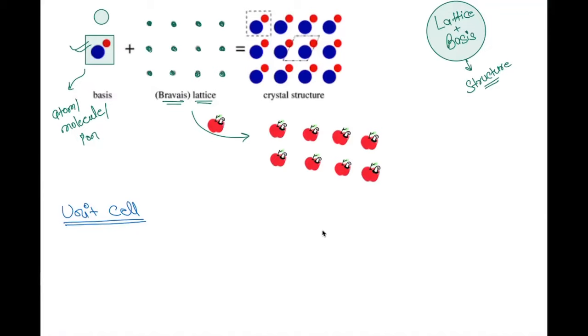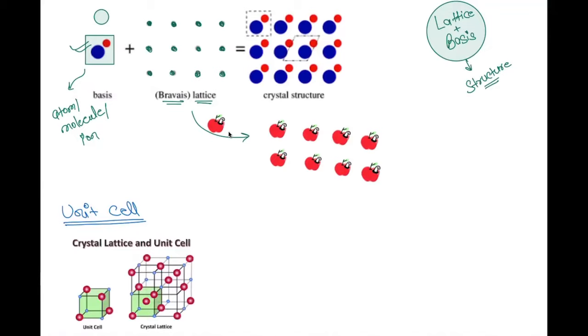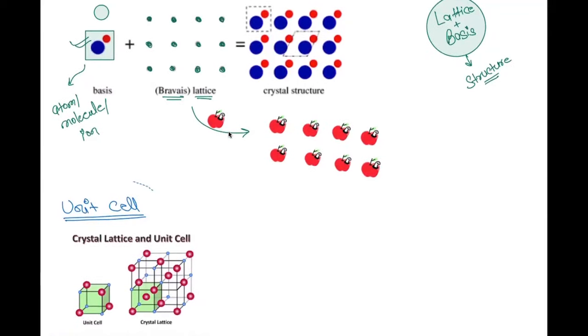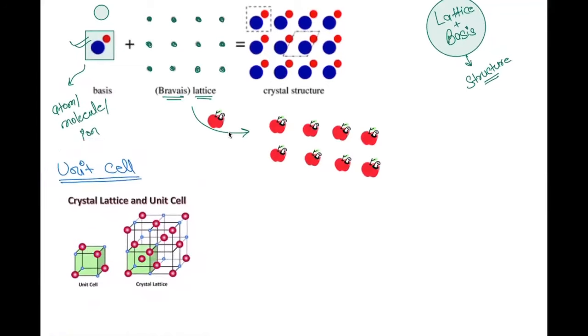Let's say this is, so here you can see that if you repeat this over the lattice, it is very important. How are we repeating it? We are repeating it over the lattice itself, right? One more clarification on the lattice I will give you when I tell you about the translational vector. But understand one thing: if you repeat over the lattice, you will get the complete crystal, right? So basically the unit cell is a part of the crystal, right? So if you want to define the unit cell,